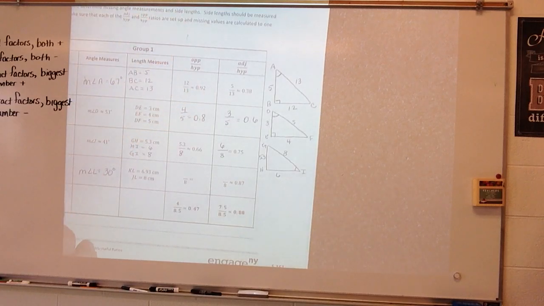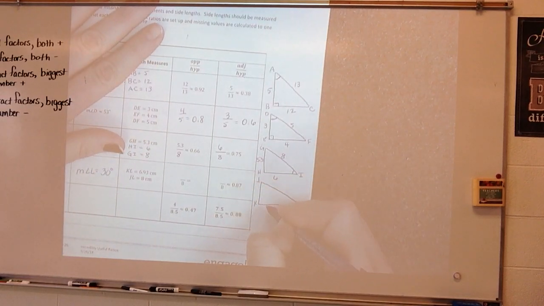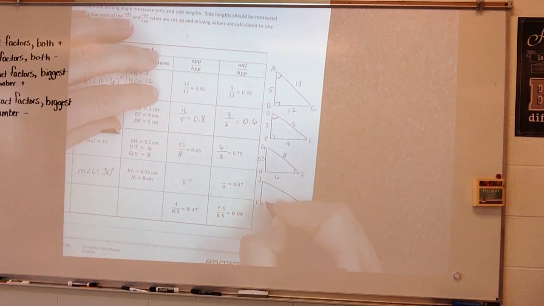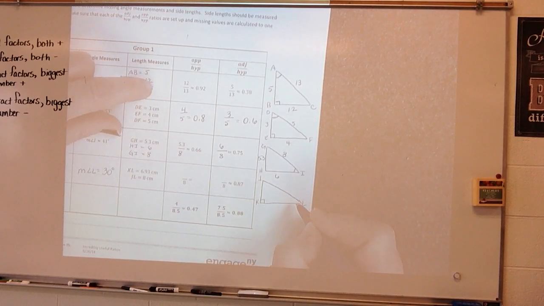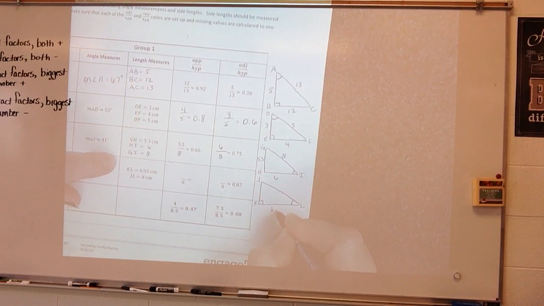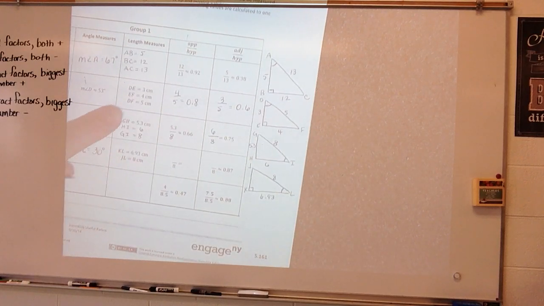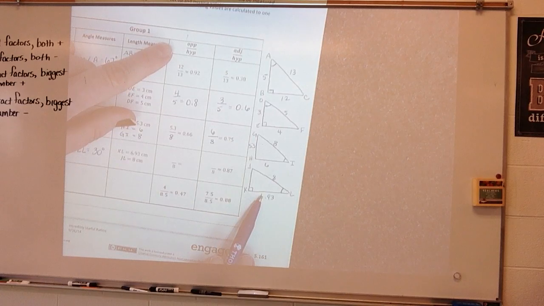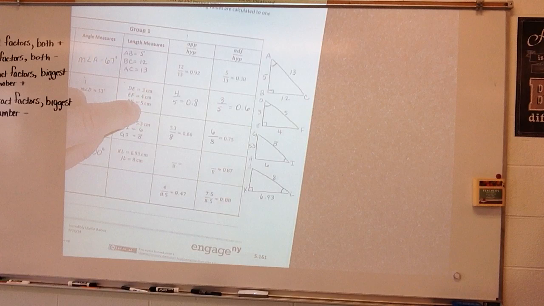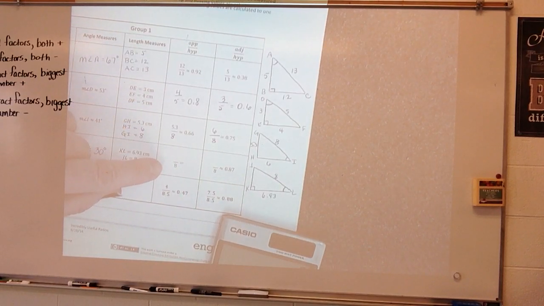Alright, so I'm just going to keep drawing over here. So we've got JKL. We're looking in reference to angle L. It says KL is 6.93 and JL is 8. So we've got the opposite. I don't know what the opposite is, so x over 8 is equal to